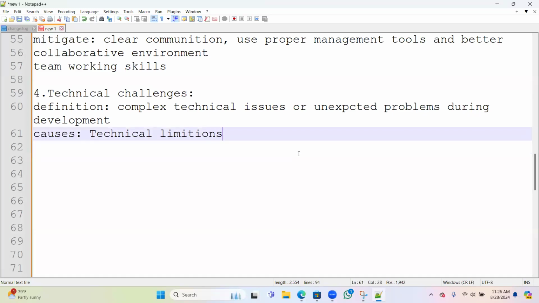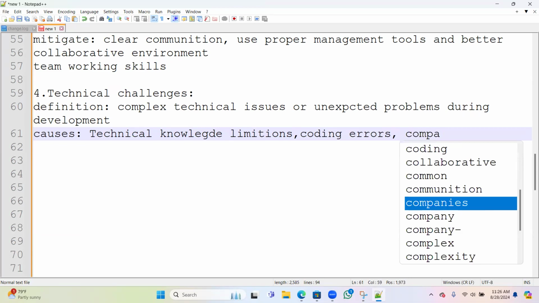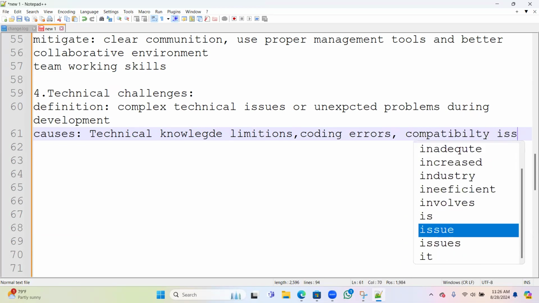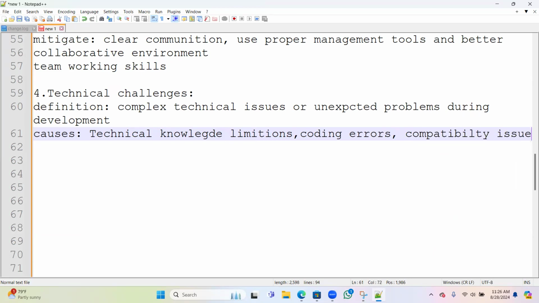So I have technical knowledge limitations, I would say, because of maybe coding errors or compatibility issues. Coding errors generally happen by the developers.